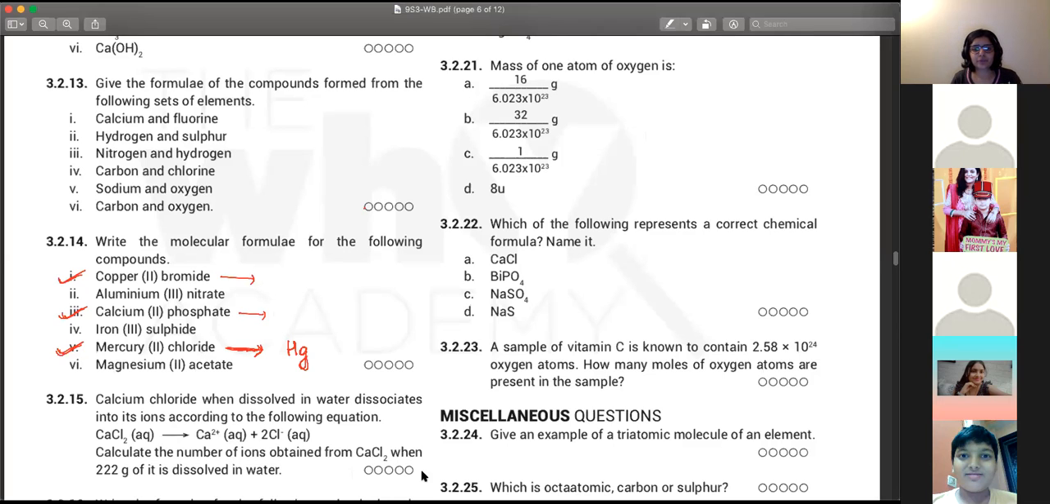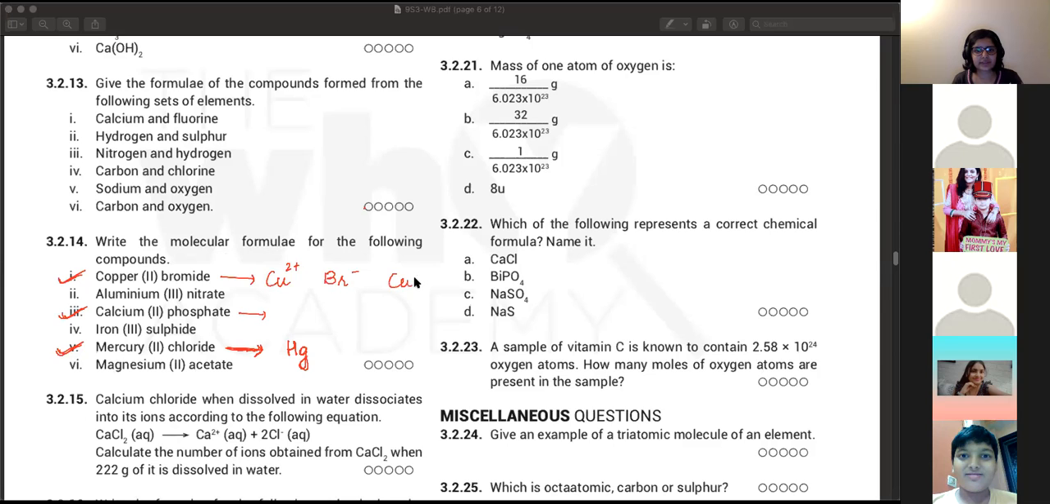So first, copper bromide. So copper bromide, copper is Cu. +2 valency hai, this is 2 plus. Bromide is Br minus. Crisscross method se you get CuBr2. Calcium phosphate, Ca is 2 plus. Phosphate is PO4 3 minus. So phosphate में is made up of